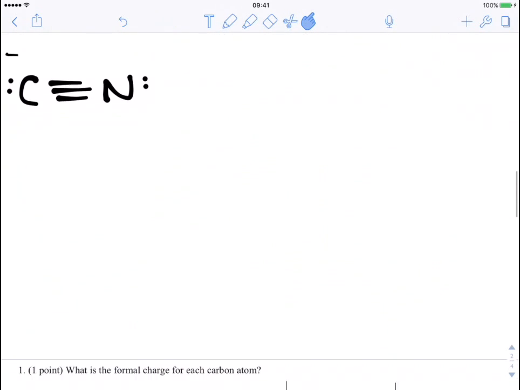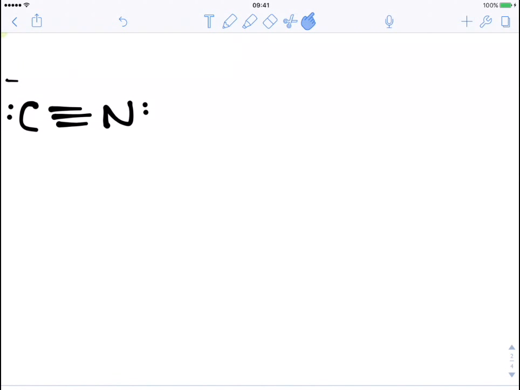If we want to go to another example, we can take cyanide. And again, for all of these structures, if you see cyanide written as that, you're going to want to draw out your structure. You want to make sure that you can draw it out and you know what it is that you're looking at. So, if we want to take the formal charge of carbon first,